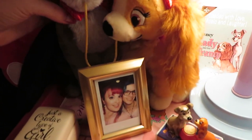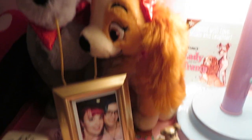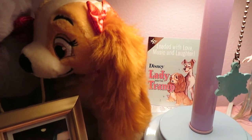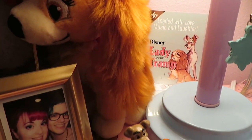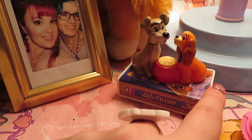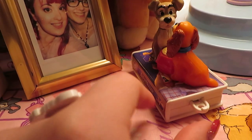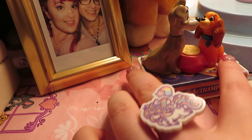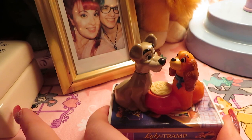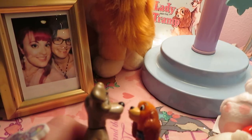So this is an adorable Lady and the Tramp Valentine's Day set that I got last year from the Disney store with a matching little postcard. And check this out. I don't know if anyone remembers these. This is an old McDonald's toy of mine that I found, and they're sitting on top of the VHS case box, and the idea was you'd hook them together like with all the other toys and then roll them along, and their heads are supposed to move. Anyway,